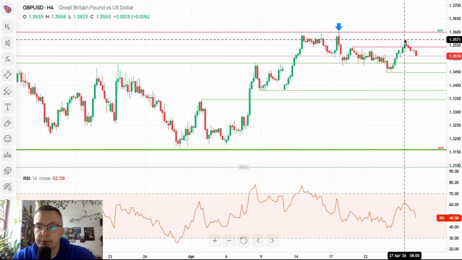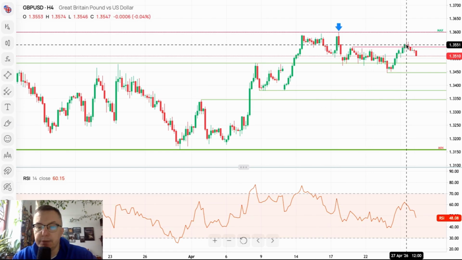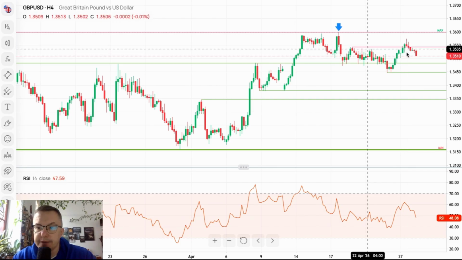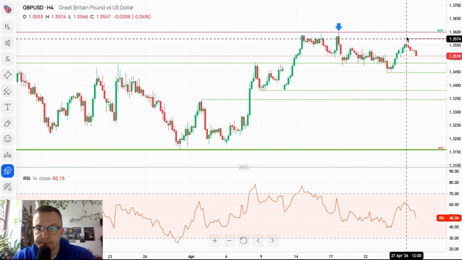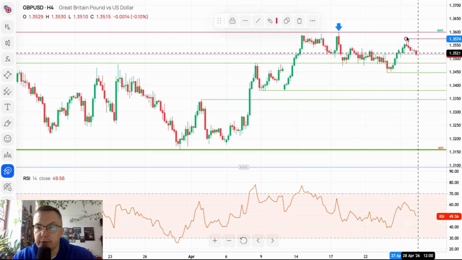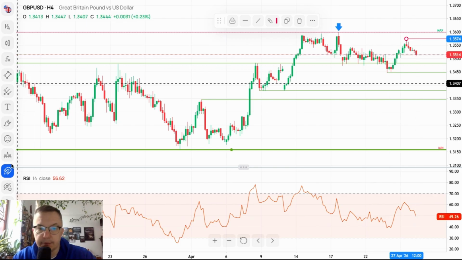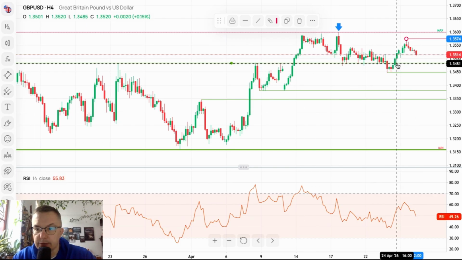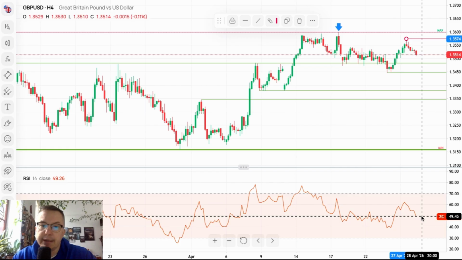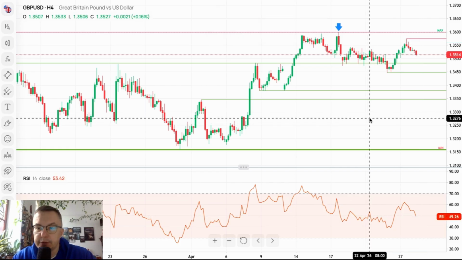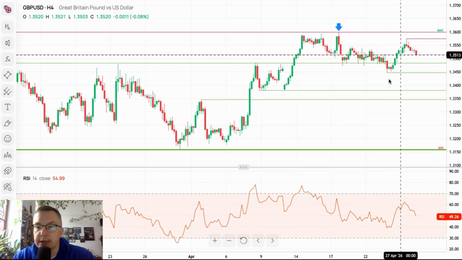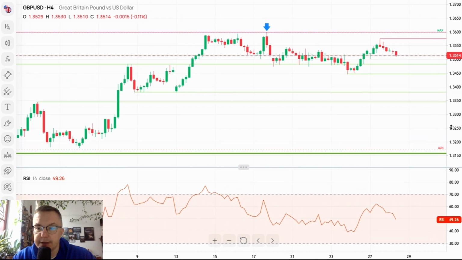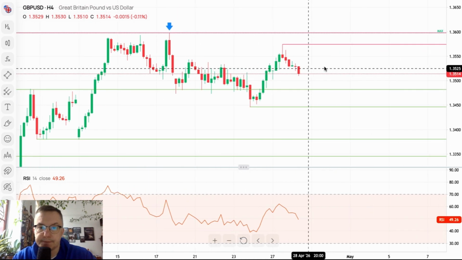British pound, after printing the pin bar candle at 1.3574, reversed lower, and these days we got another situation very similar to the euro dollar. So the local high 1.3574. Right now we are moving towards the technical support located as before, roughly around 1.3481. Momentum just broke below the level of 50. It's still not very negative, it's still not very strong, so this movement to the upside looks quite impulsive, this recent leg here. So it all depends how deep we retrace here from this level here,